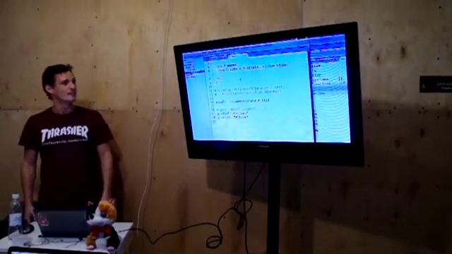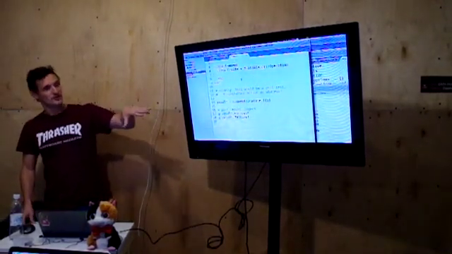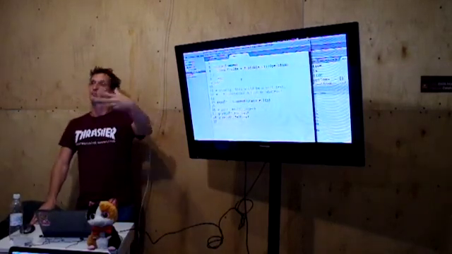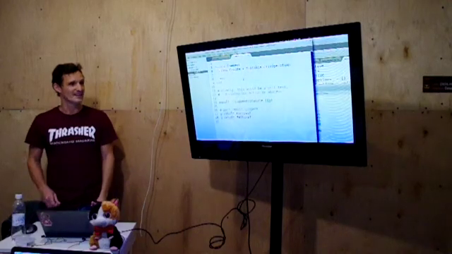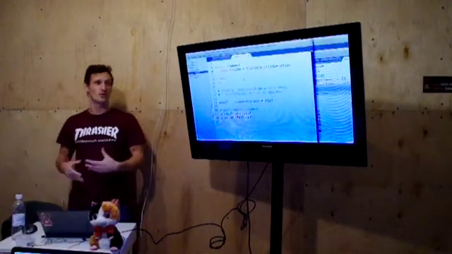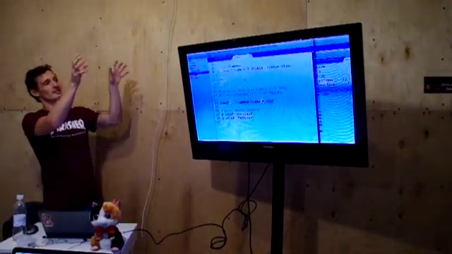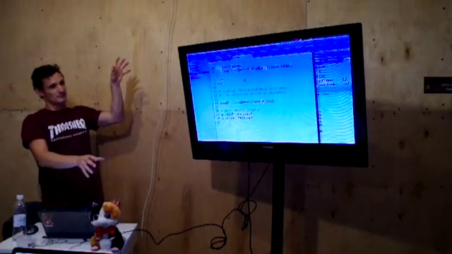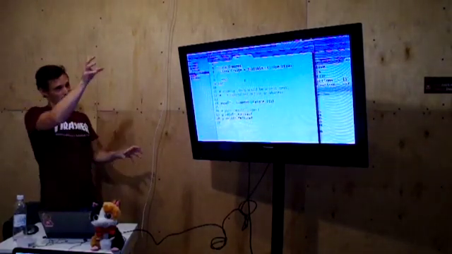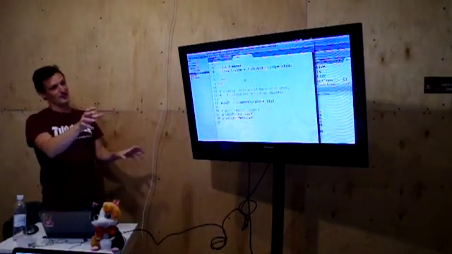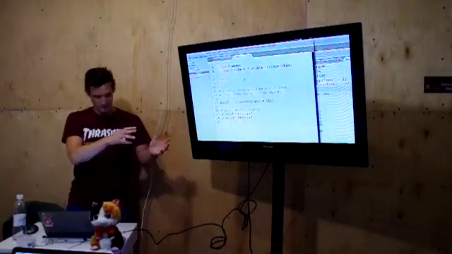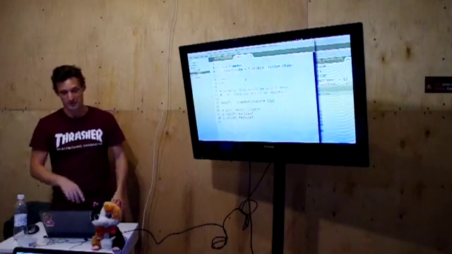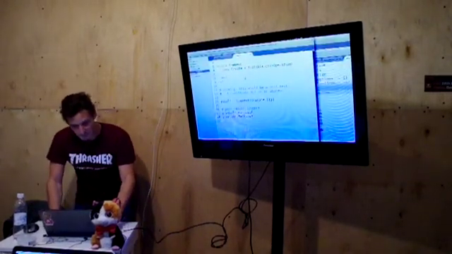So Trailblazer, or the operation, allows us to model those kinds of flows with a mental model we call railway. And a railway is basically a pipeline and another pipeline, and we process one pipeline until something goes wrong, and then we jump to the other pipeline. It's very simple, and once you see the DSL, it's probably clear. So, anyway,